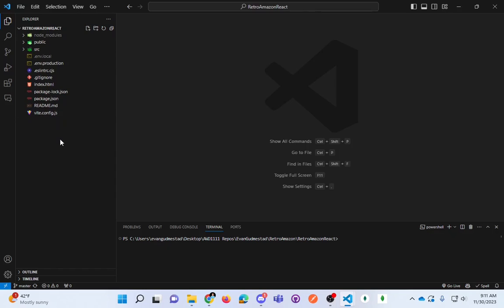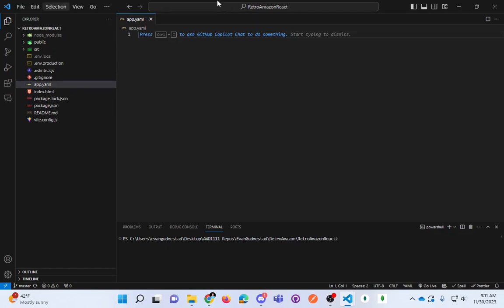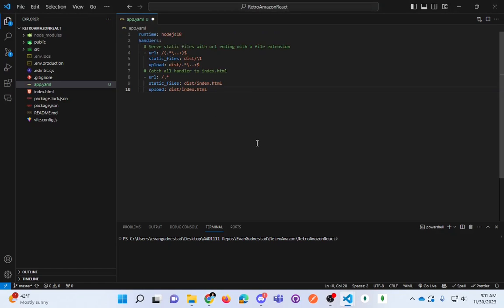It's important to be in the root here, so maybe just come down here, app.yaml. Again, just kind of a settings file. This has a little bit more to it, and I can put this in the video. Not only a runtime property with a node value, but there's a handlers section which says, hey, look for some static files inside of this dist folder, upload a dist folder, and so there's just a little bit more here, but this should be